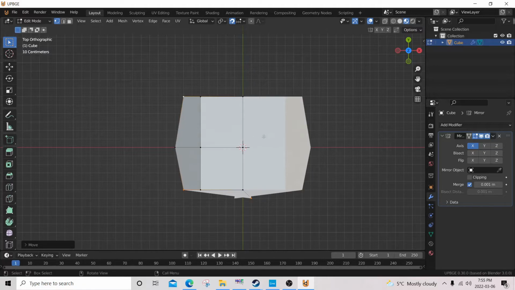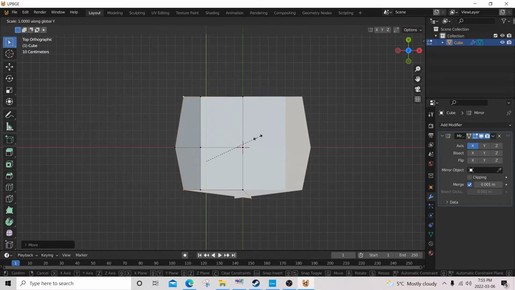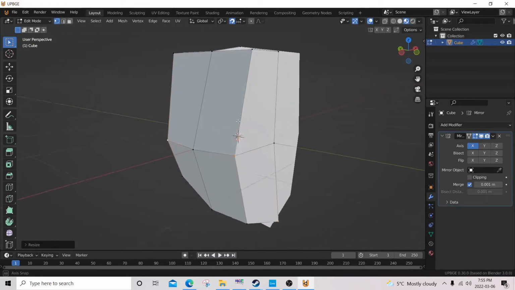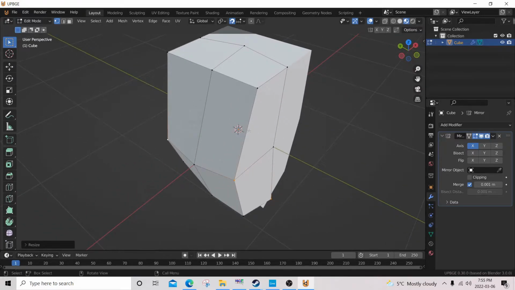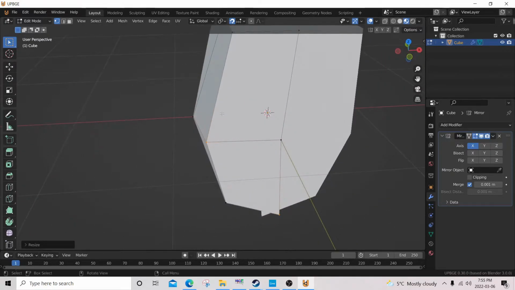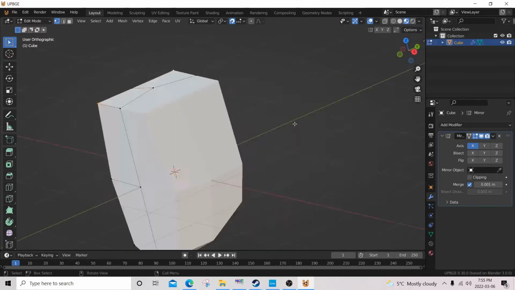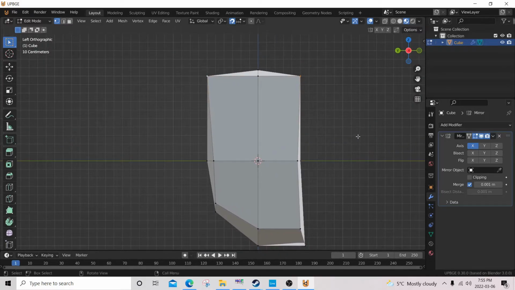I'm gonna go to our top view again, and I'm gonna press S and then Y to scale it on the Y axis. And I'm gonna kind of bring the mouse inward a bit, yeah, there we go. And this here, I want it to be more aligned with this. So I'm gonna click on this, shift click, go to the side view here, S,